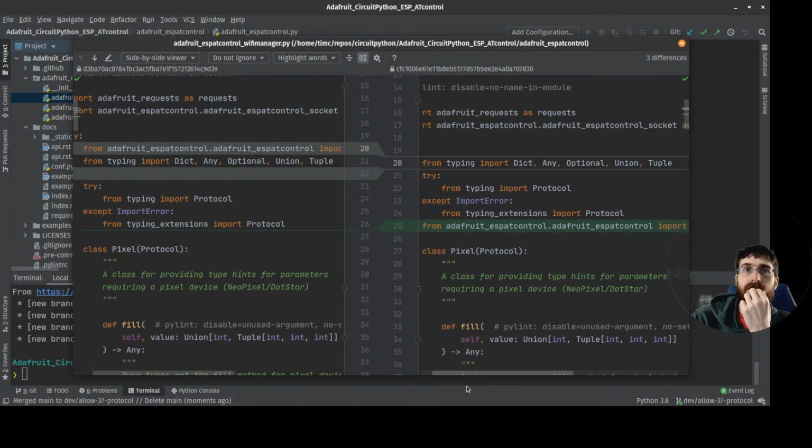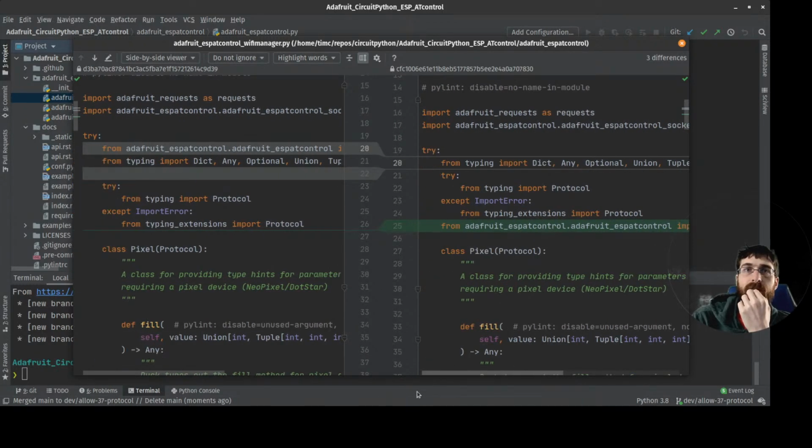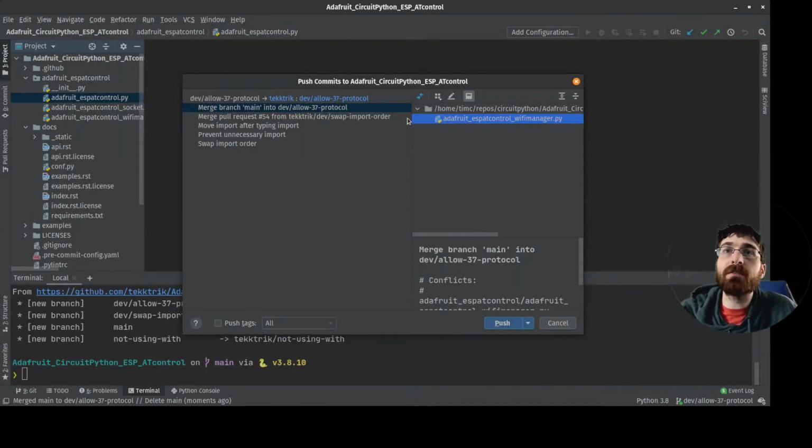Okay, I think it's right like this. I really like being able to have this view of it as well to help me try to make sure I'm not actually gonna break something.